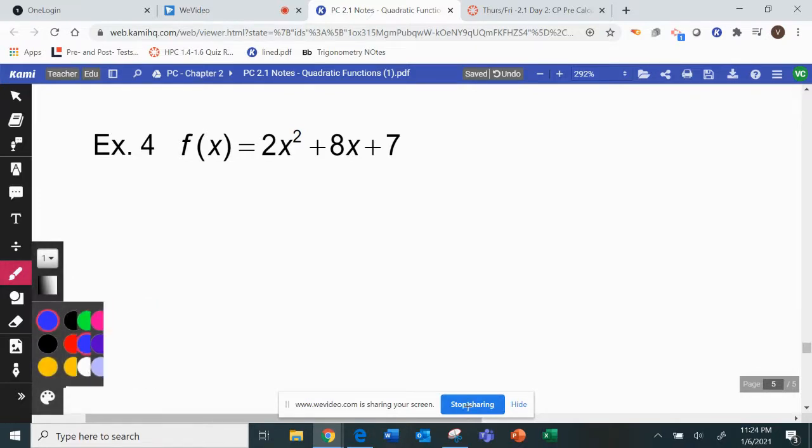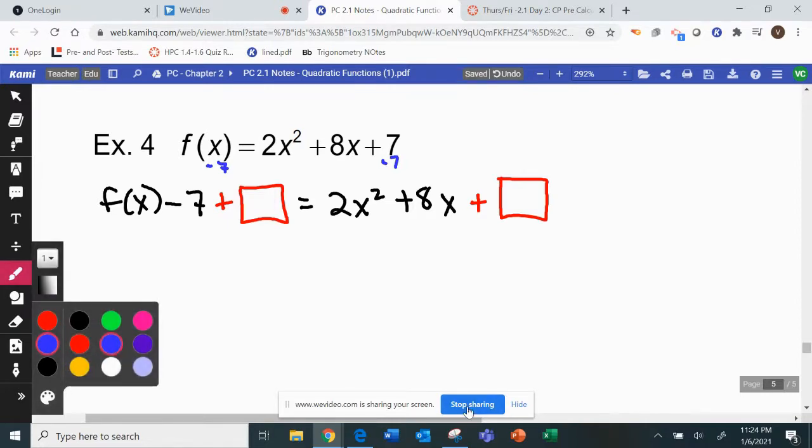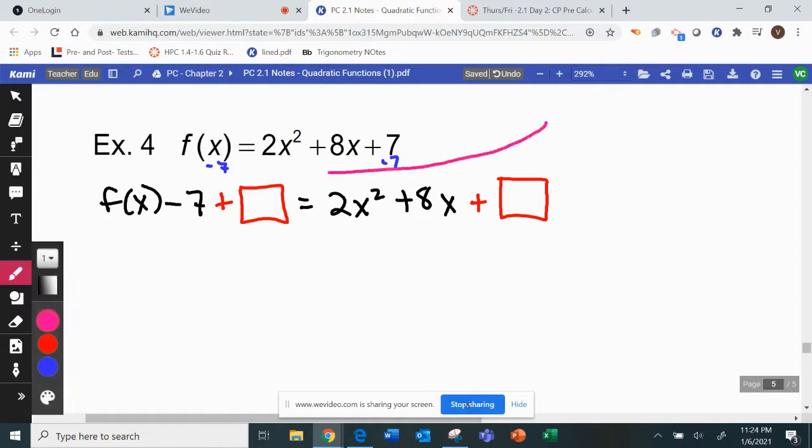Let's see. First thing, subtract the 7. Rewrite it as f of x minus 7, leave a space, equals 2x squared plus 8x. And that's where I'm going to put my square. I cannot complete the square if there is a number here